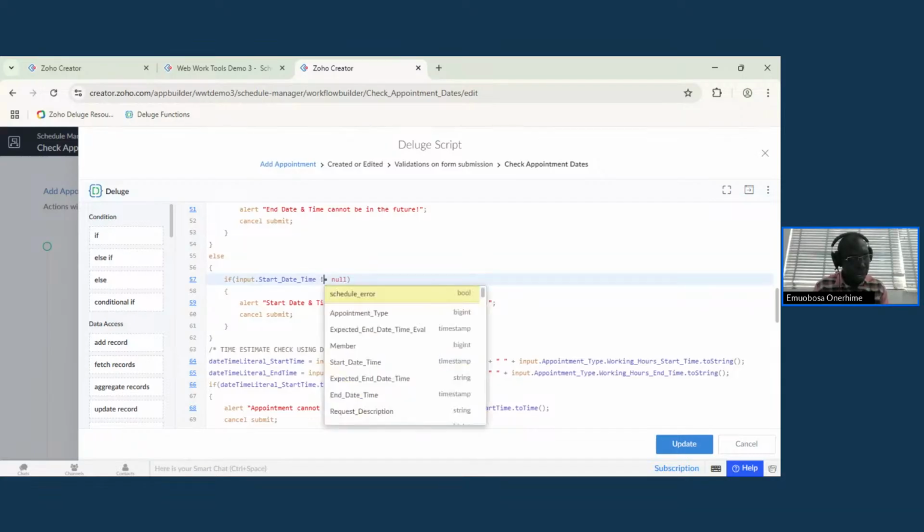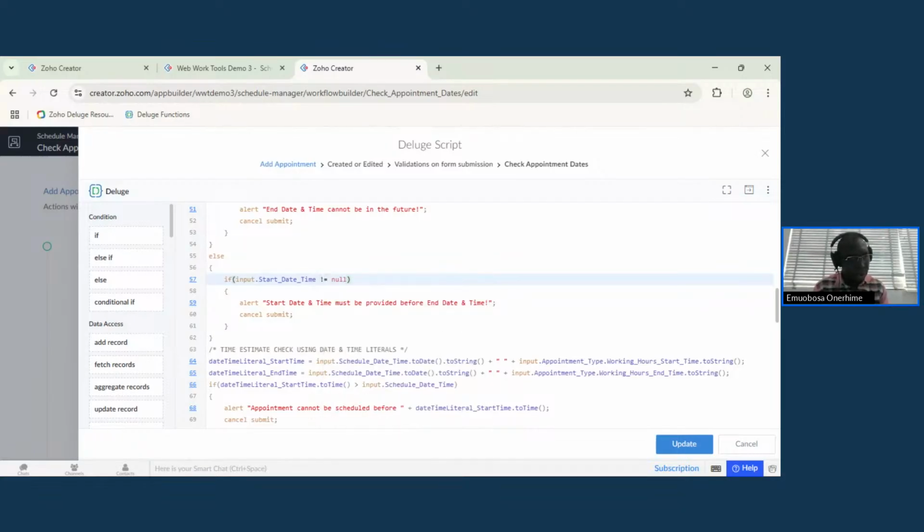If this start date is not known, and input.expected end date and time value is less than Zoho.current time, then end date must be provided